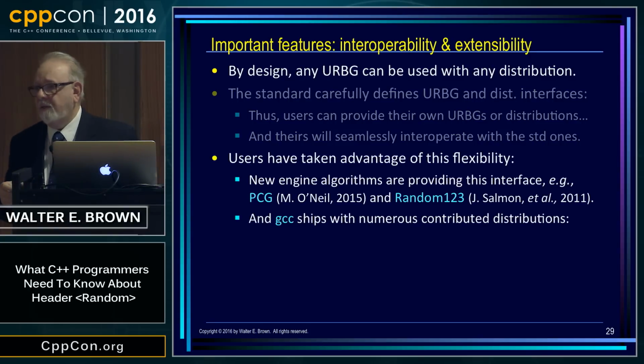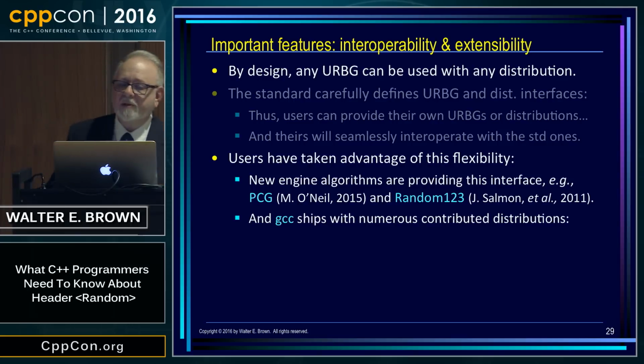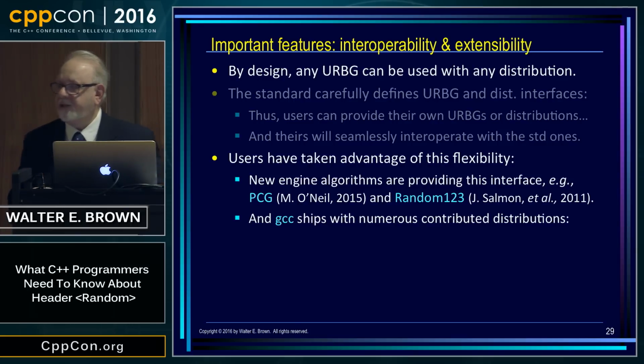In particular, I'll point at two moderately recent developments. There's a new engine called PCG by Melissa O'Neill, fairly recent. There's another one that's just a little bit older, Random 123 by John Salmon and his colleagues. You're welcome to look those up. We're thinking about putting them in the standard someday, but they haven't been around long enough to build up a body of trust, so to speak. So if it goes in the standard, in some sense, we're recommending it. We're just not ready to do that yet. We have reason to believe that these are good quality, but we're just not sure. Just haven't had enough experience with them.